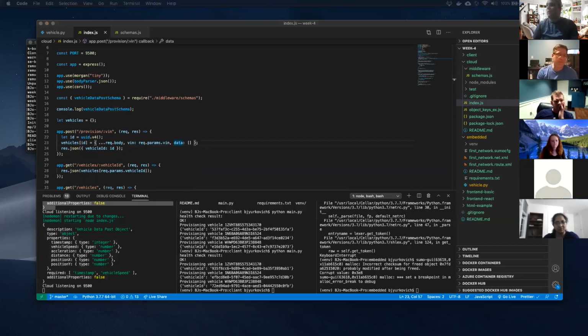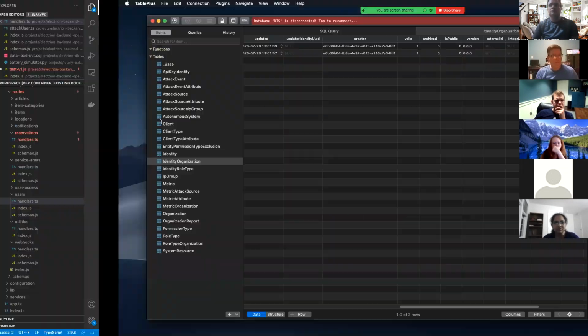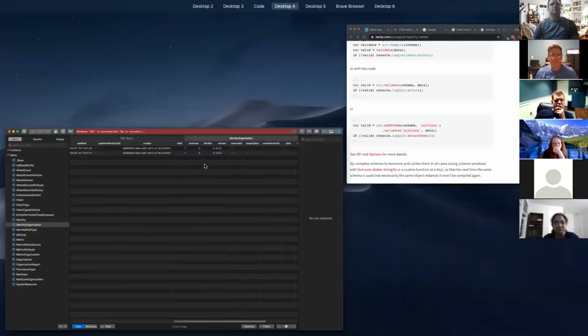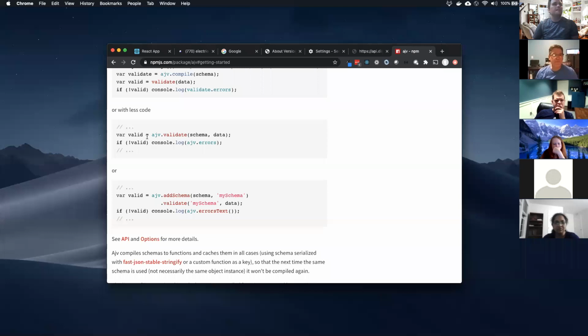Now we have to say, all right, if we have that, then we need to start talking about validating it, right? So if we do the validation, let me find where my browser was. We need to basically do this.